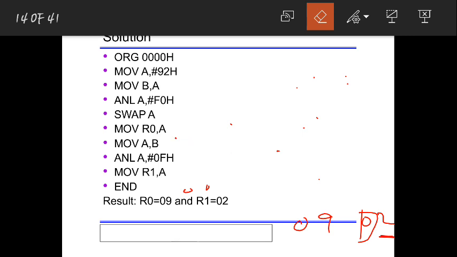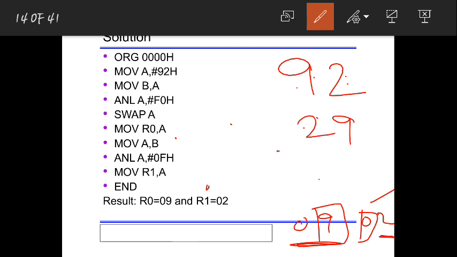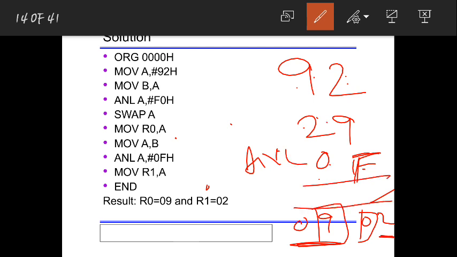Okay, this is the packed data. From this, I wanted 0 2. I extracted it by just applying that. Now next 09. How should I extract that? I can apply the same thing. If I do AND operation with this number, I should get it. But before that, see, this 9 is in the upper nibble place, not the lower nibble place. So for that I need to shift this. That means I need to make this 9 2 into 2 9. After doing that, I can apply this AND operation using 0f. Then 0 into 2 will become 0, and 9 into f, something into f, you'll get the same. That's it.